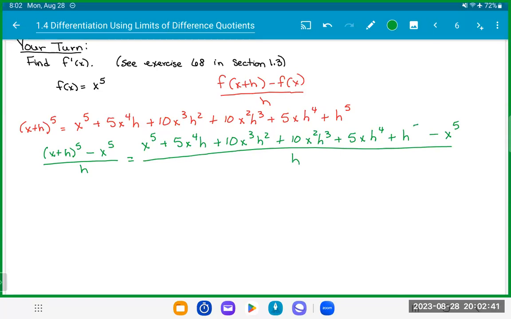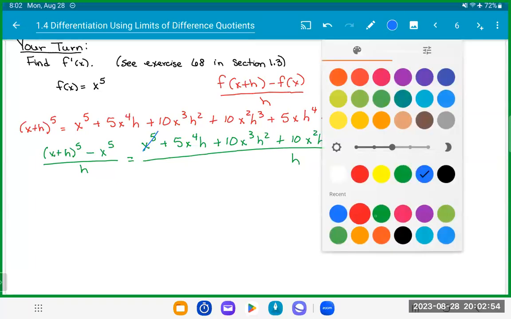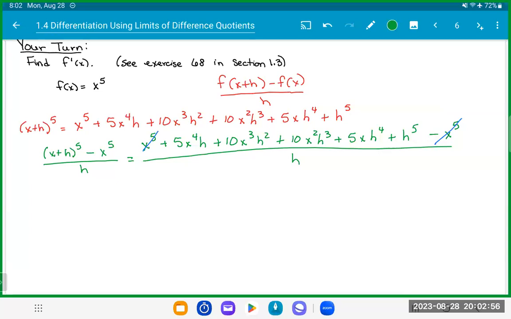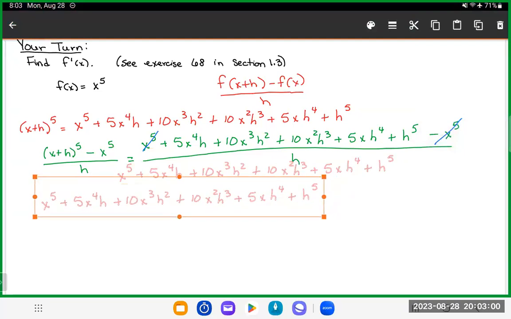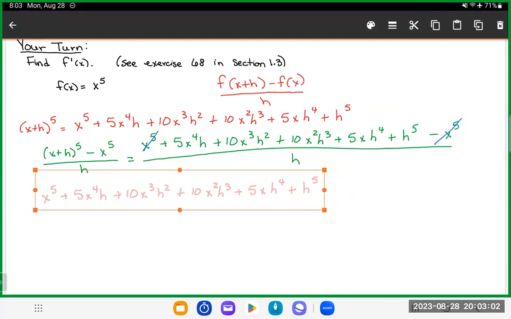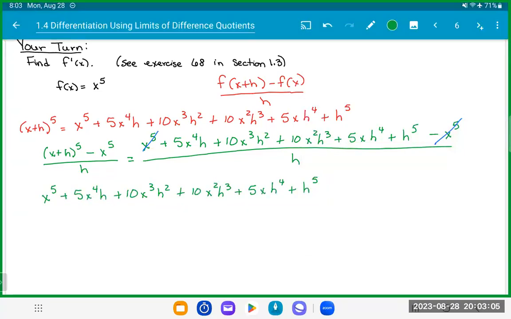Let's do that. And then I will see that I have a negative x to the 5 and a positive x to the 5. I also can factor out, let me just paste this again. Change it to green. The only thing I'm doing is I'm going to minus off that x to the 5 that I have out there. And so we have all of that